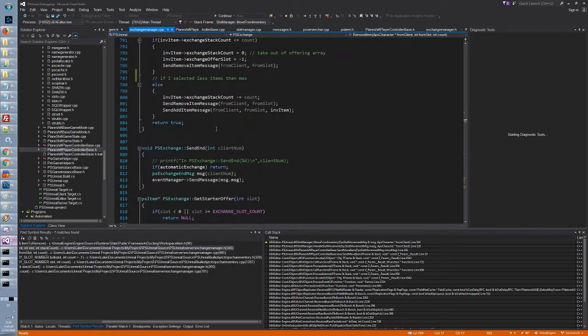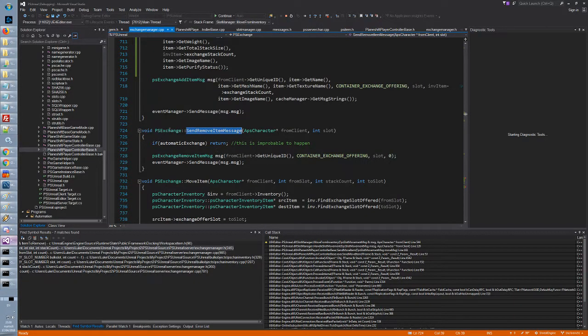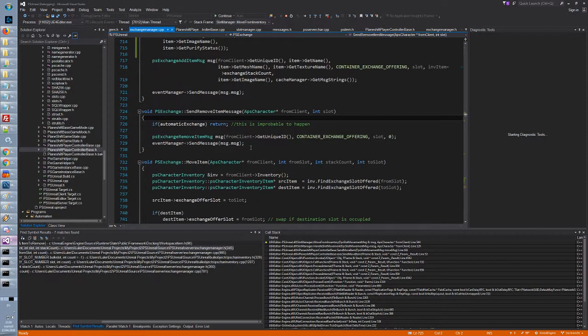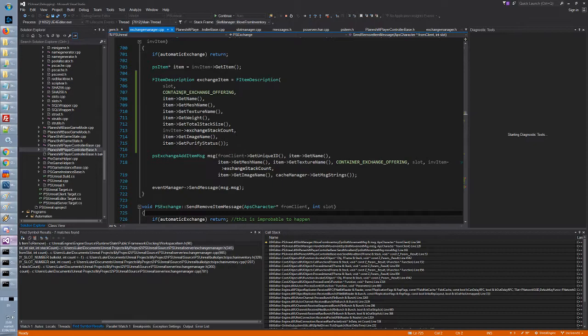Remove item and add item. Okay, so these are the ones. So in this send remove item message and the other one are generic. They are in PS exchange. Okay, fine. So what we said is that we create the item this way,